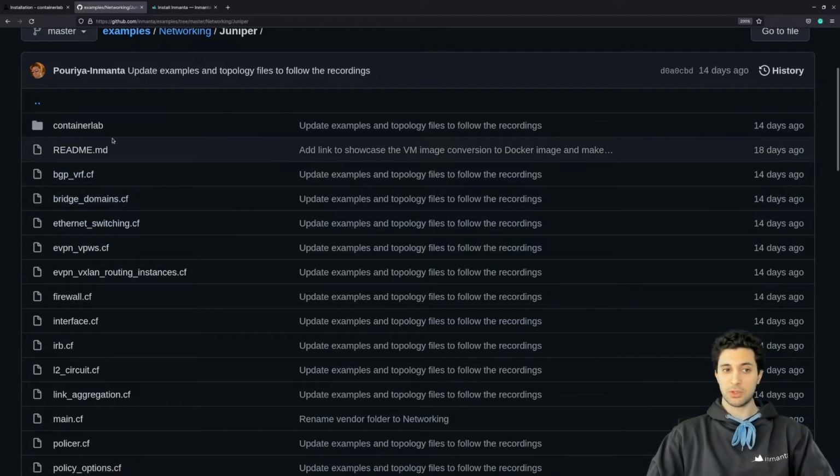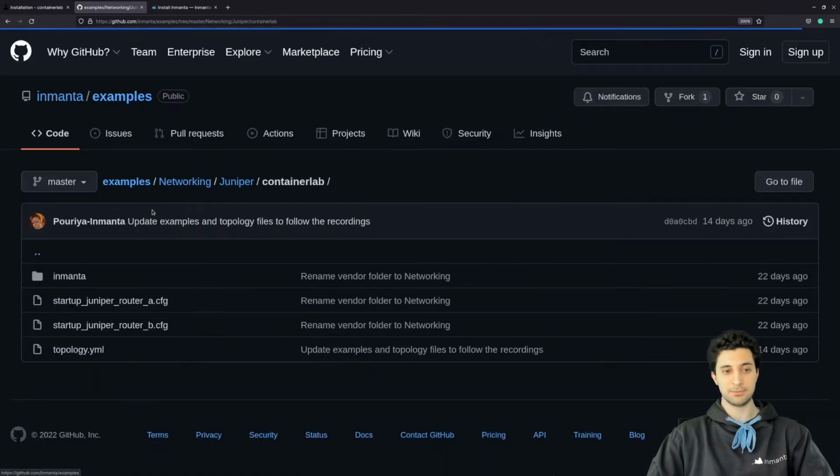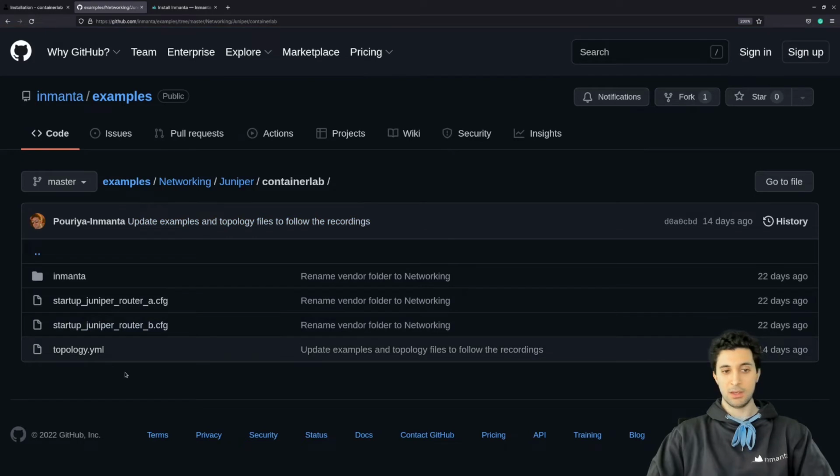But what I'm trying to showcase here is the Containerlab part of it. We are gonna get back to all of these examples in later videos. So let's go to Containerlab folder. All right, there are a few things here. Startup configuration files and a topology file. Containerlab needs this topology file. If we open it,